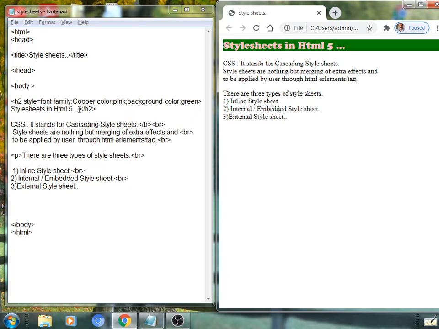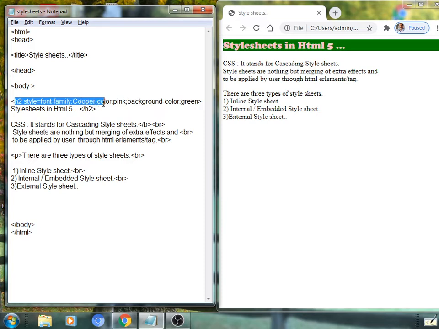In comparison with the internal style sheet and external style sheet, the inline style sheet becomes more convenient. At the same location you design and apply it. We have designed it here within the start tag of h2. It is applicable at the same location and is properly ended on the same line. How interesting, how convenient it is.